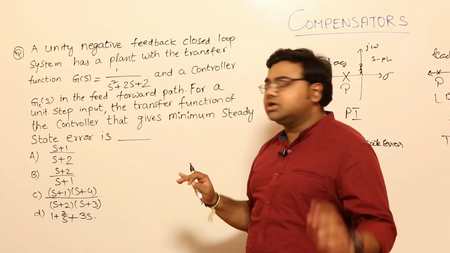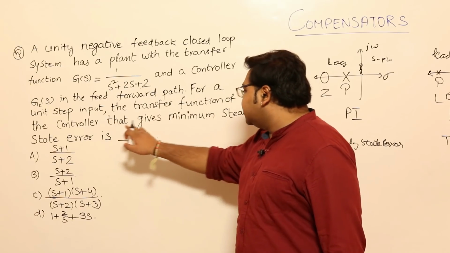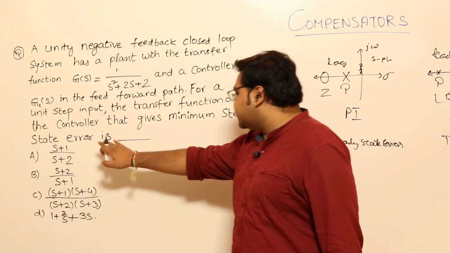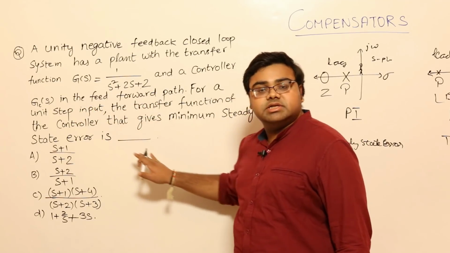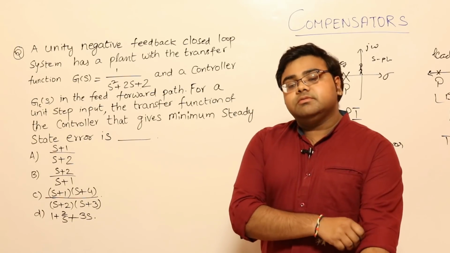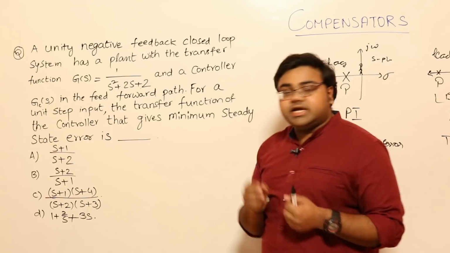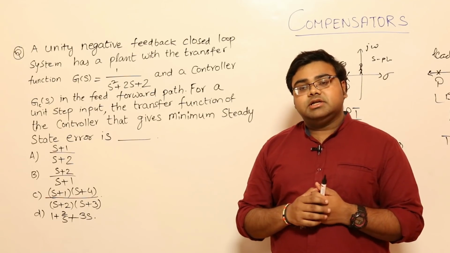Okay, so there is a controller. For a unit step input, the transfer function of the controller gives minimum steady state error. He is basically asking what should be my Gc out of these so that I get minimum steady state error. Now before you take a pencil and start getting all mathematical,